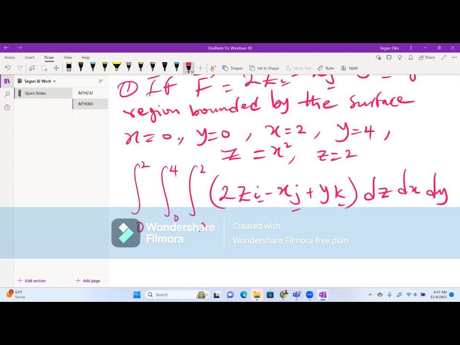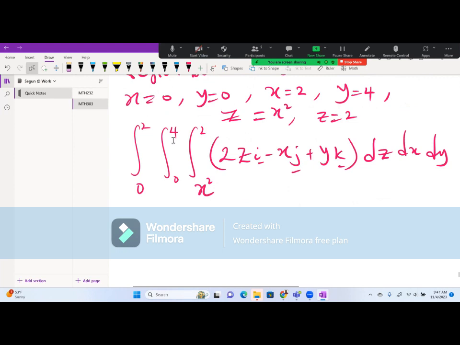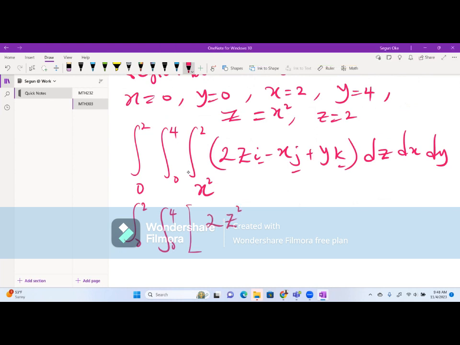It is better we solve this one and substitute the x squared and have everything in terms of what we need from the integration, so that you will know which will be variable or which will be constant. Let's see it. 0 to 2, 0 to 4. Now for us to integrate this one, what do we have? We have 2z squared over 2 i